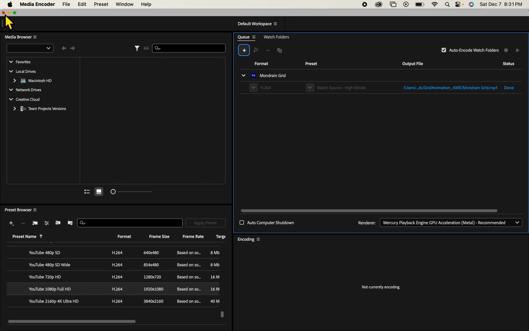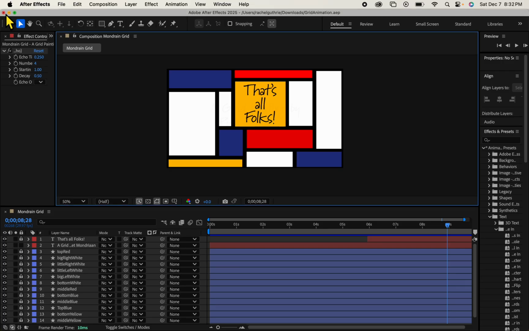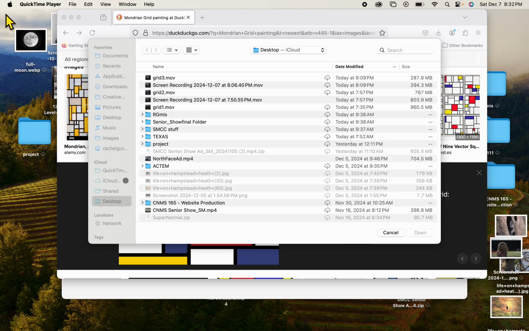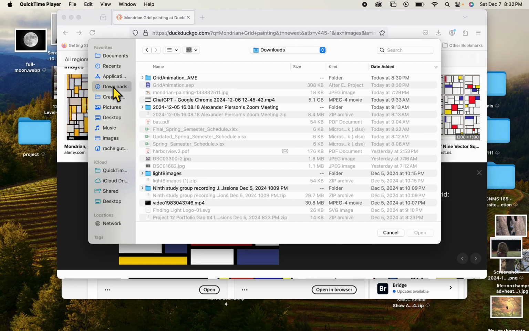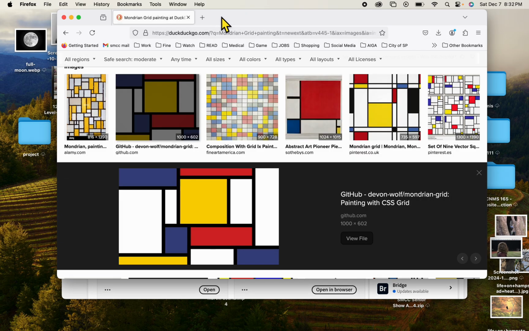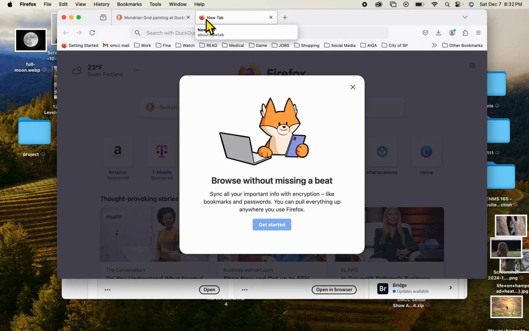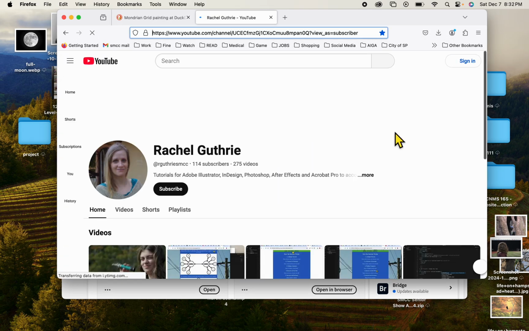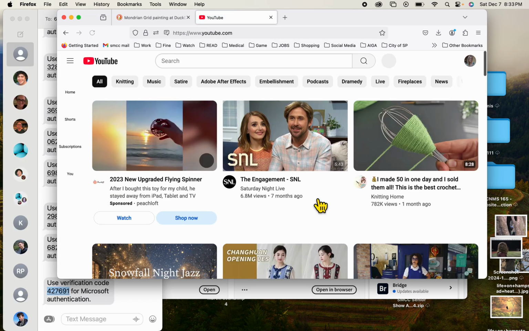So now I can quit the media encoder. I can quit After Effects. And I can look in my downloads folder. And there is my grid animation. If I open it, I'll see there's my MP4. So I can easily go to YouTube and